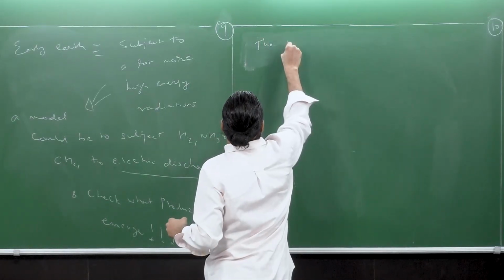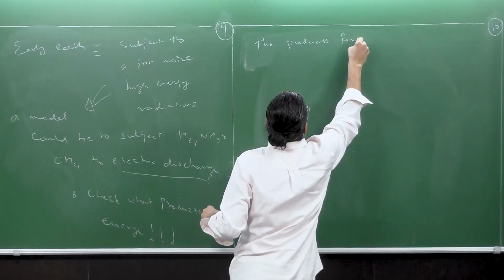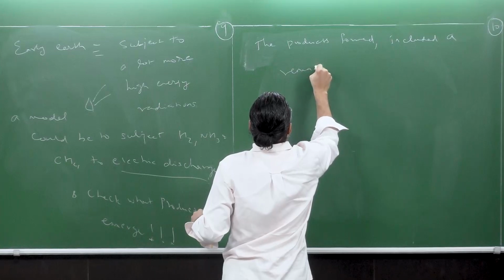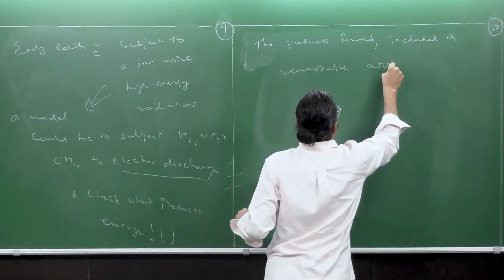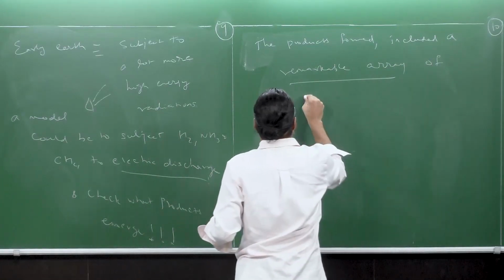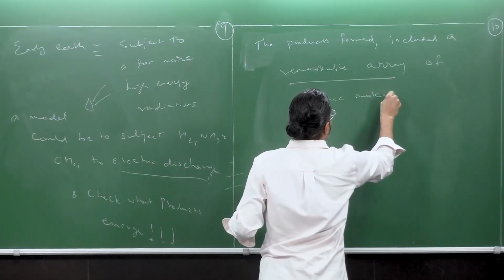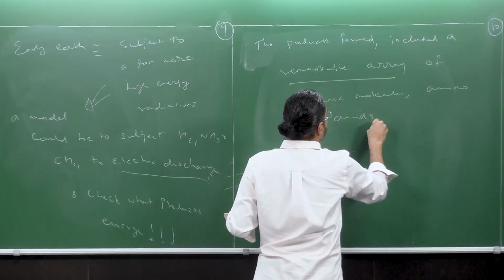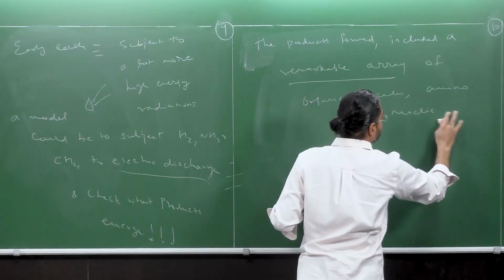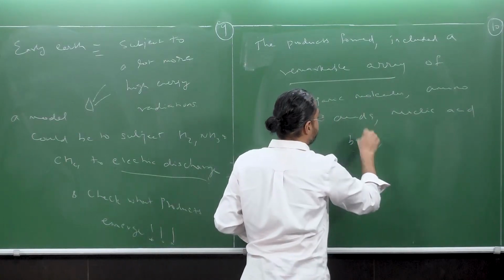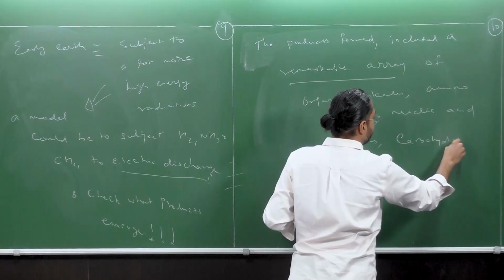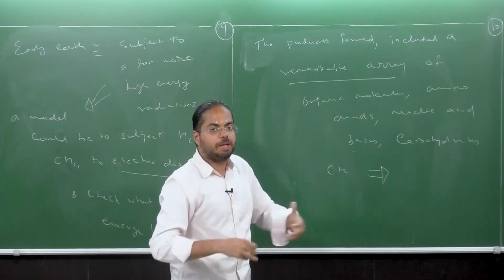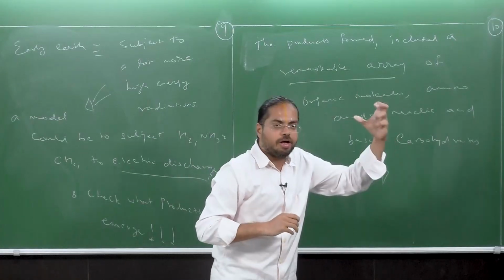So the products formed included a remarkable array of organic molecules, in particular amino acids, some nucleic acid bases, carbohydrates, etc. In other words, a lot of molecules which typify the biomolecules which are eventually going to assemble to give rise to life,